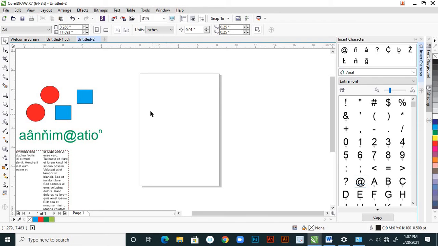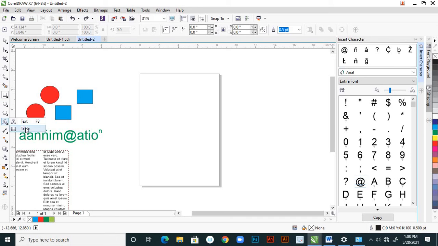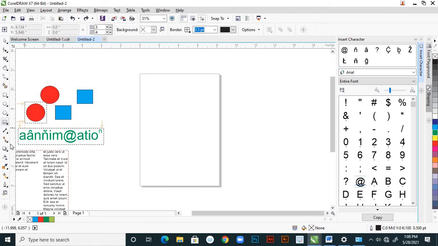There are some grids. Manually, we cannot do all these things, right? So that is the reason we use the table tool, right? So click on this table tool, right?